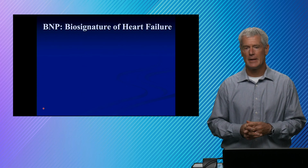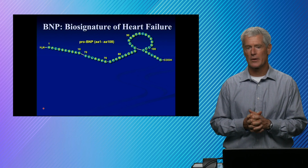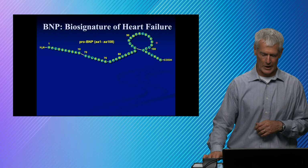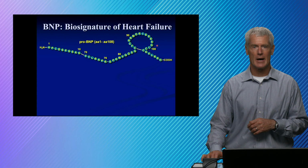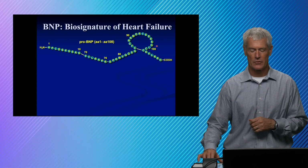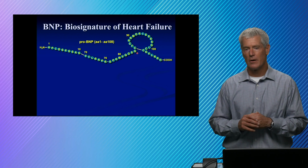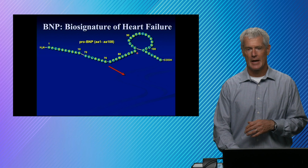So BNP is the biosignature of heart failure, and it is synthesized as a pro-molecule. It's 108 amino acids, and it has this natriuretic peptide ring. This ring is connected by a disulfide bond, and that's shared by all of the natriuretic peptides. They have a little bit different amino acid sequence, but they share this central ring with a disulfide bond. In the setting of volume overload, the myocytes actually release this compound, and there's an enzyme